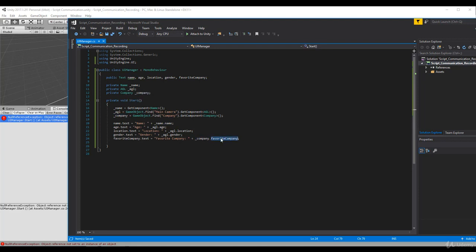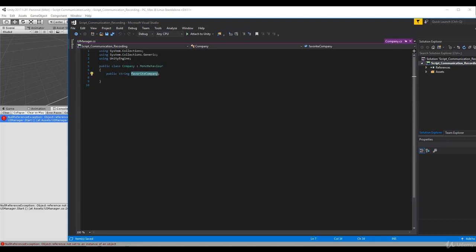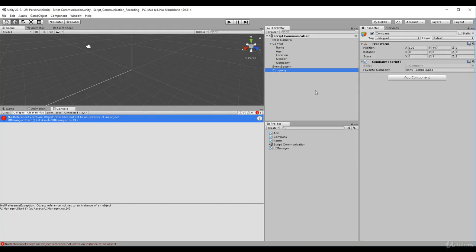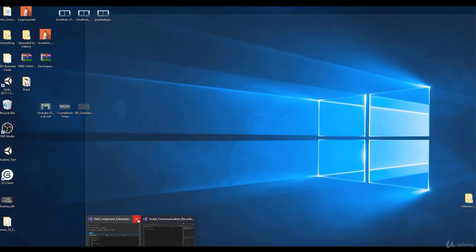And I do not see what is wrong here. If we go to the company component or script, it says public string favorite company. That's correct. We hop back into here, onto the company game object, and make sure I am spelling that right. It's capital C Company. If we hop back into our code,